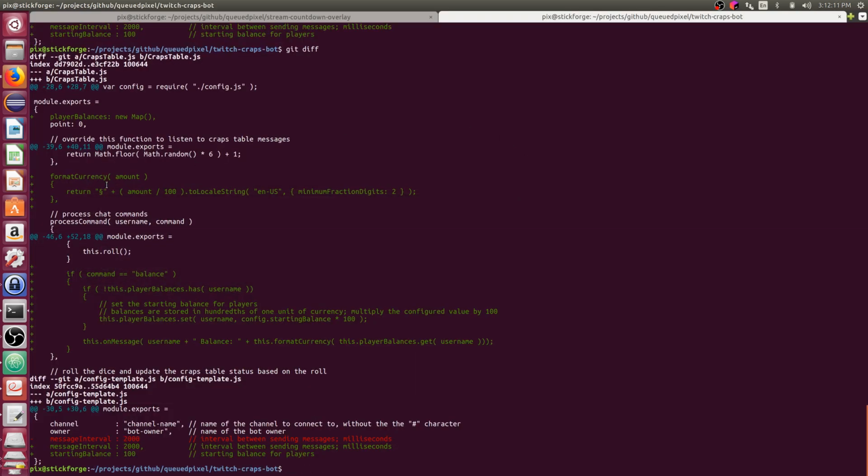Alright, that's been cleaned up, so now we return our currency symbol, basically the section sign. We divide the amount by 100, so it gets to the hundredths digit. We do toLocaleString, so we get the commas, and we give it a minimum fraction digits of 2, so we get the 2 digits after the decimal point.